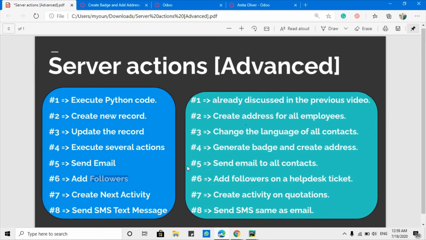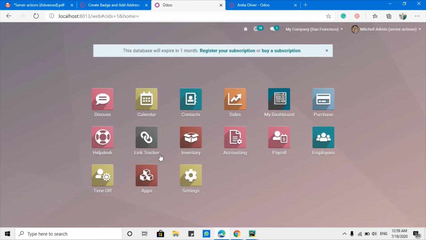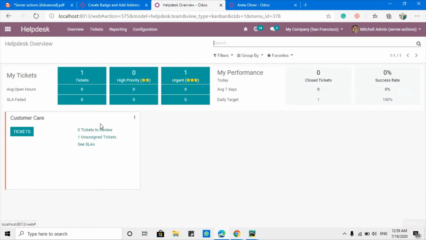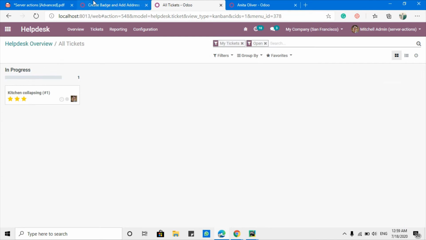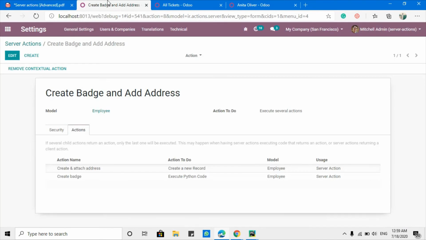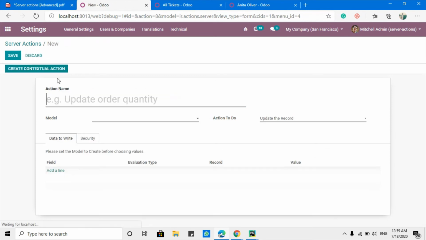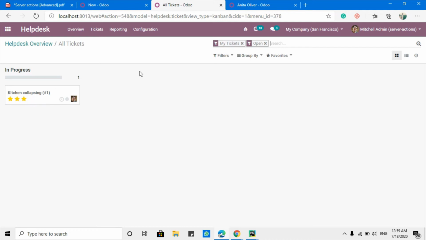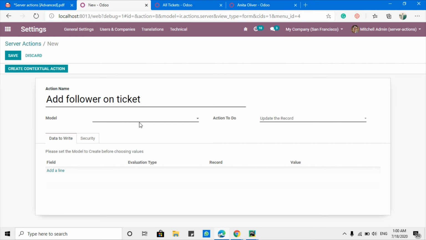So what I will do, for example, I want to add the follower on the help desk tickets. If there are multiple tickets and you want to add some user on all the tickets, you can just go and create a server action and then add the follower you want to add. Remember, add follower on ticket. So you need to find the ticket model. So here is the ticket model. Have the ticket, edit here,